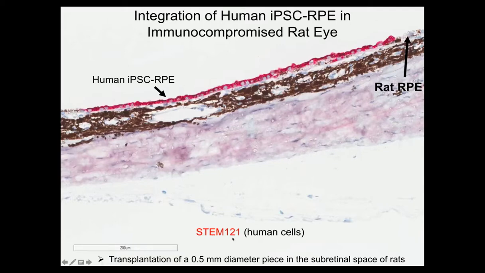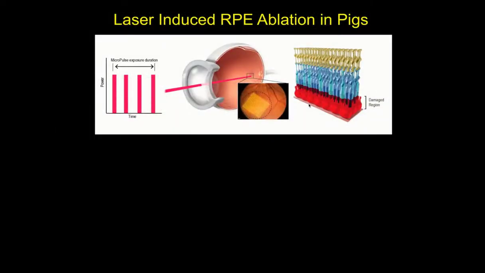These red cells are stained for STEM121, which is a human marker. And as you notice here, you don't see the scaffold anymore because it's 10 weeks past transplantation. The scaffold has degraded, and the human RPE patch has completely integrated into the back of the rat eye in this case. To test the efficacy of this patch,